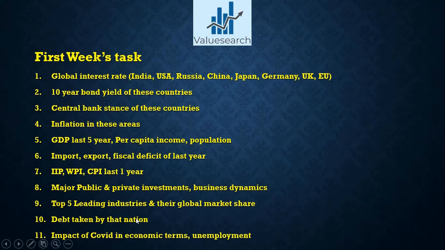अच्छा, debt taken by the nation, so this is also very very important. भाई debt कितना लिया है, राइट? हम लोग सुनते हैं कि भाई इतने ट्रिलियन डॉलर्स का लोन है, इतने ट्रिलियन का लोन है, फिर ये चाइना बाकी देशों को अपने debt trap में फंसा रहा है, राइट? So all these things. So this is also a very important thing कि भाई debt taken by the nation, कवर कीजिए इसको।